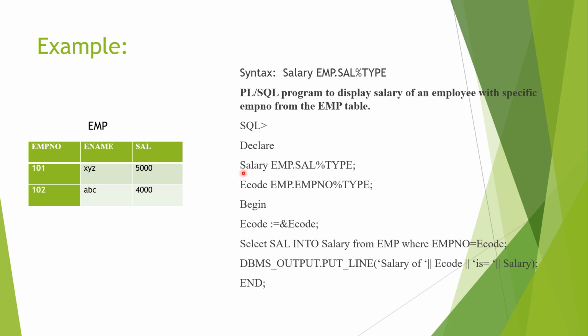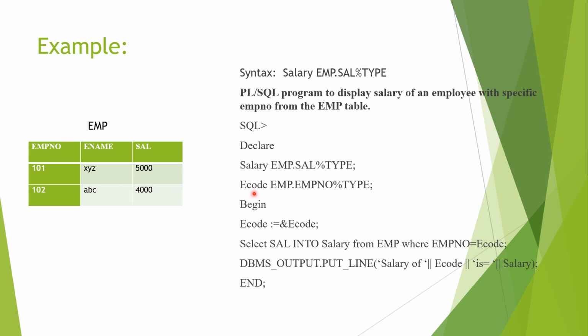So basically in this salary we are using the concept of %TYPE to declare the variable. This is your variable name, and then this is your table name, emp, dot operator. Then this is your column name, sal, that we are referring from the table. So we are taking the same name that we have used in the table. Then we are using %TYPE. So now the data type and other information will be automatically assigned to this variable, and it will be the same as that of sal of your table, right?